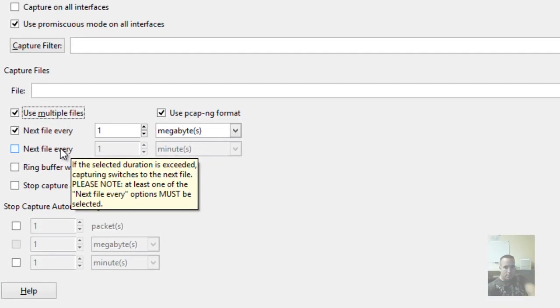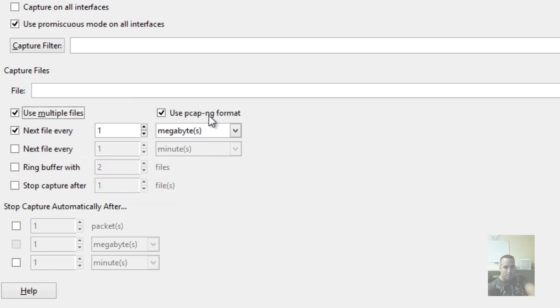And because we know large files are hard to transport across the internet, I can say, write a new file every 10 megs. Okay, that's great. So now I can break up these files into different sizes. And when it saves the file name, it saves it by time and date. So I can look, and if somebody tells me it happened between this hour and within that hour,